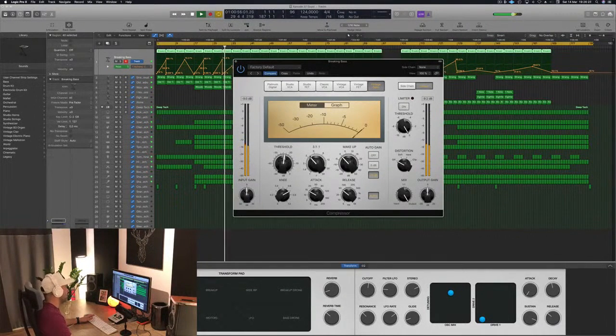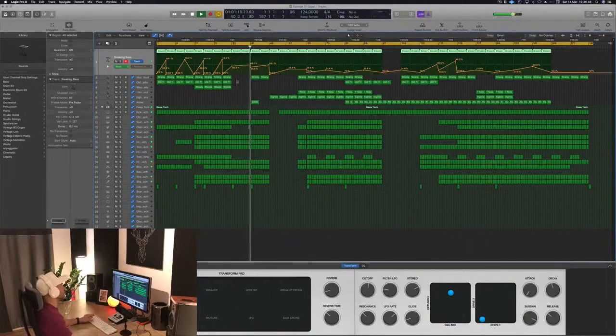Ratio 4:1, not too much. 3 and a half dB of compression. Release could be slow because it's not a punchy kind of thing. It's just containing it.